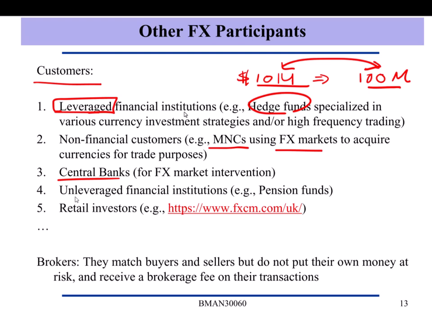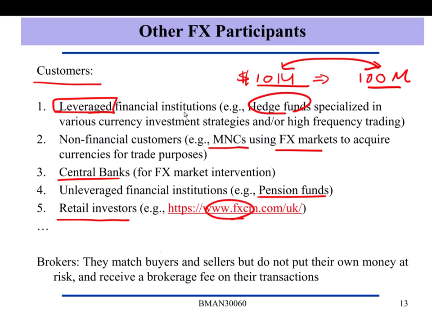There are also some unleveraged financial institutions like pension funds. They invest in the FX market to hedge or for investment. And also retail investors. So you can visit this place to see what they are trying to do in the